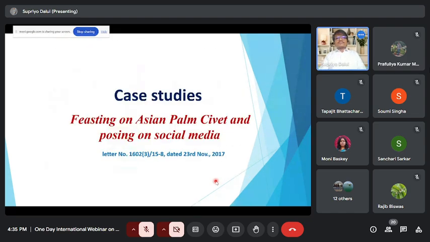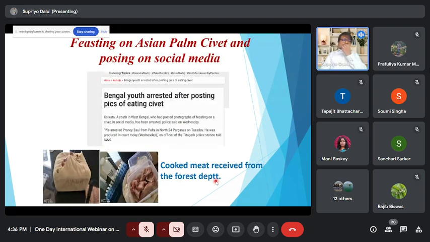Then the second case was very interesting, and it's kind of funny also. It's feasting on Asian palm civet and posing on social media. So there was a person from Bengal only. He hunted some palm civet, and he posted it on Facebook,